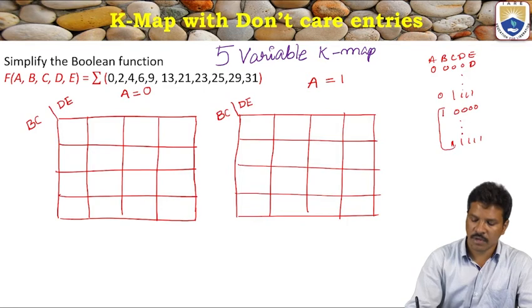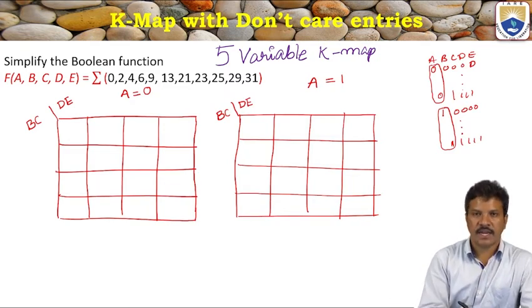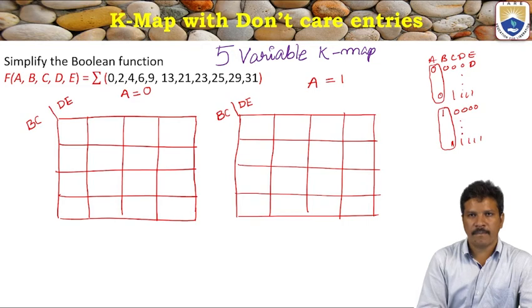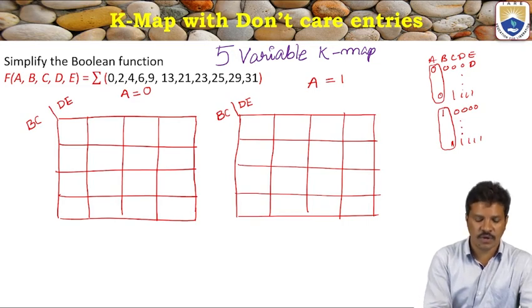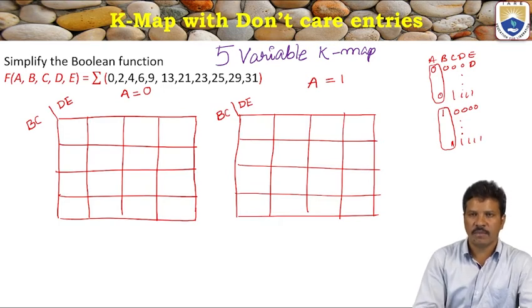So we can take the 4 variable K-map to create the 5 variable one: for A equal to 0, B, C, D, E 16 possibilities, and for A equal to 1, B, C, D, E 16 possibilities. So we know the first 16 numbers are placed in this